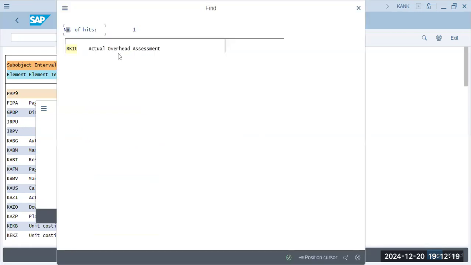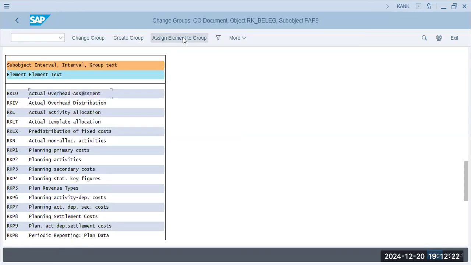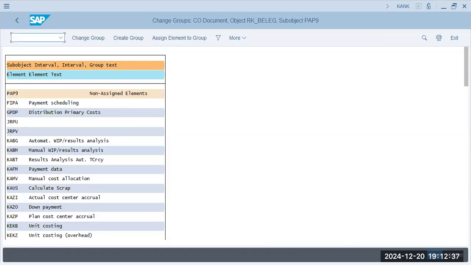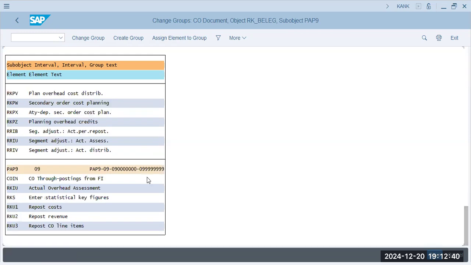RKIU, actual overhead assessment. This will be assigned to element group, which is 0, 9. So all cost controlling area documents were generated in our previous lecture using 0, 9 series because we are assigning those transactions over here. Okay. Save, and scroll down over here. We have all the transactions of controlling area using the same numbering range. That is assigned RKS, statistical key figures, and RKIU, actual overhead. Okay. So now next is